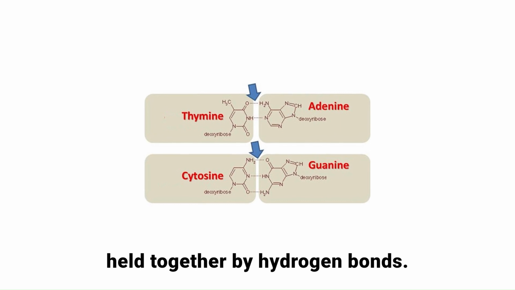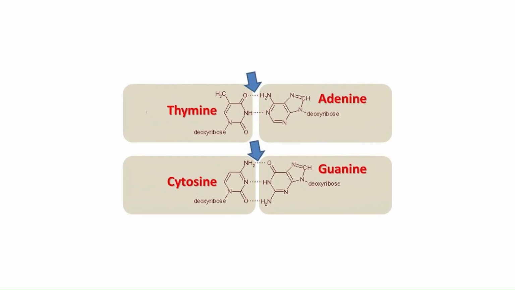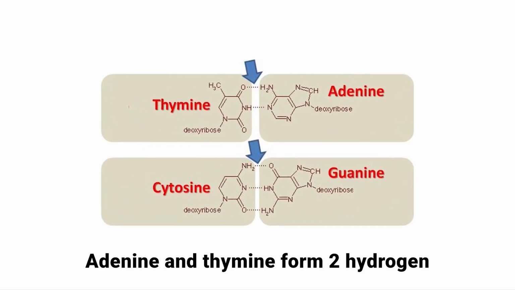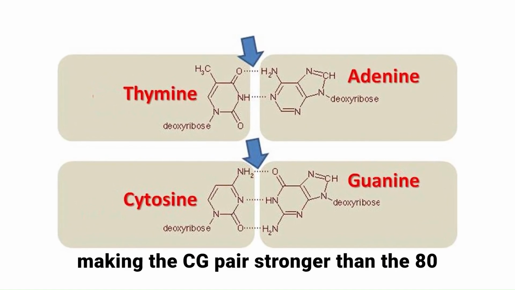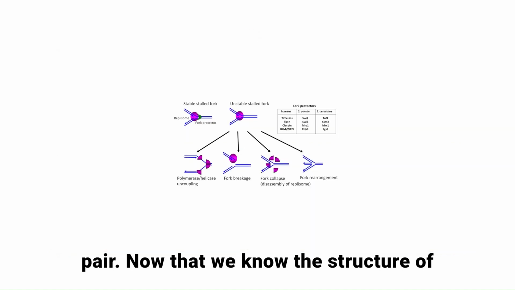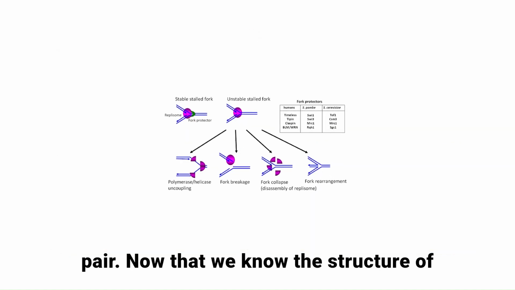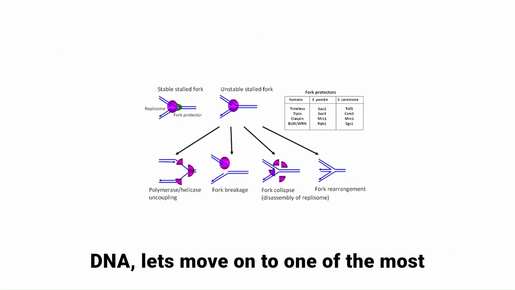This pairing is held together by hydrogen bonds. Adenine and thymine form two hydrogen bonds, while cytosine and guanine form three, making the CG pair stronger than the AT pair. Now that we know the structure of DNA, let's move on to one of the most crucial processes